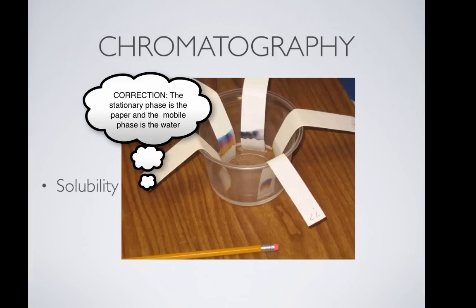The stationary phase in this case would be the ink that is separating, and the water is the mobile phase, the one that moves up. Here we see separation of soluble inks in water. So